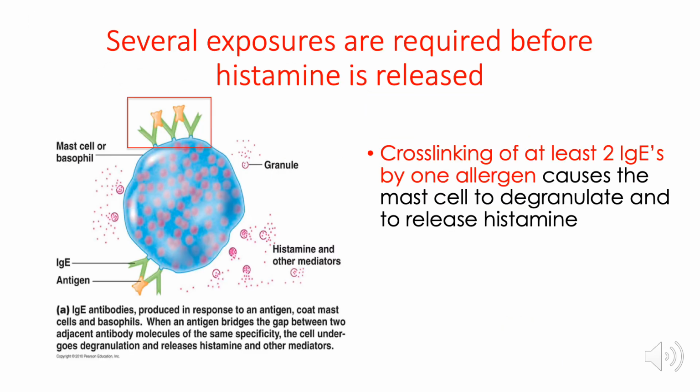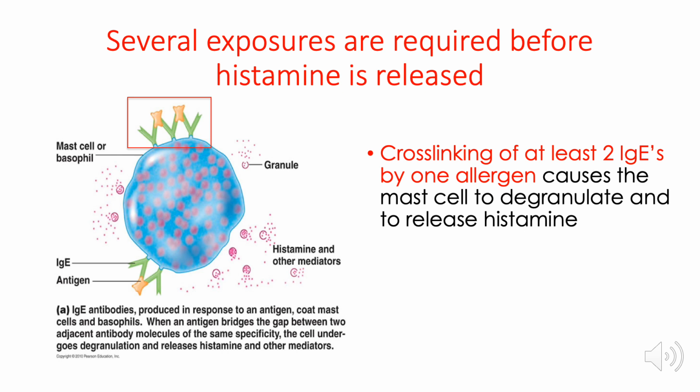Take a look at the mast cell in the photo. Appreciate the presence of the vacuoles containing the histamine molecule in the cytoplasm of that cell. I want everybody to understand that histamine is not just randomly released from the vacuoles inside the cytoplasm of the mast cell. There must be what we call cross-linking first before the histamine molecules are released from the mast cell. So what do I mean by